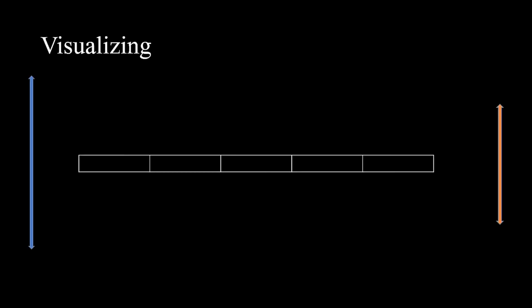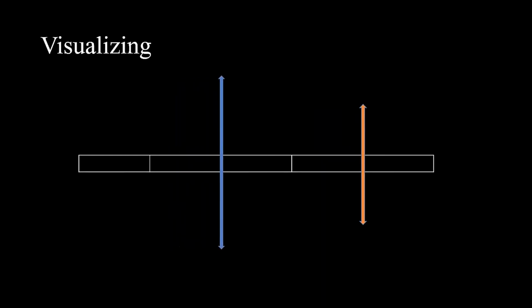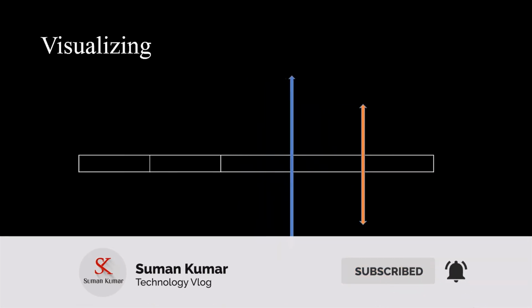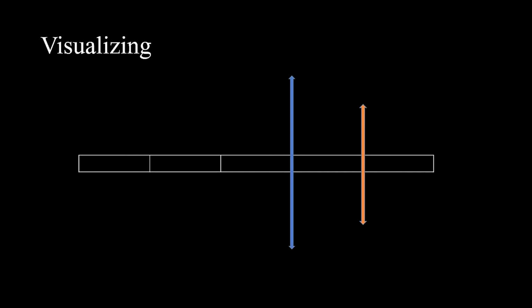Now let us understand the solution visually. If you place the first partition bar here, then you basically have three possible places where you can place the second partition bar, and only then will you have three different parts, correct? Now if you place the first partition bar here, then you have only two possible indices where you can place the second partition bar. If you place it here, then that is the only one possible way you can make the three partitions.